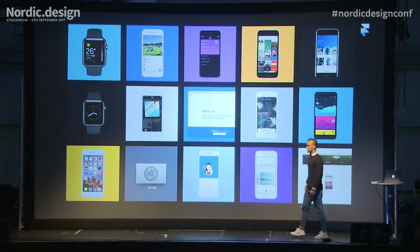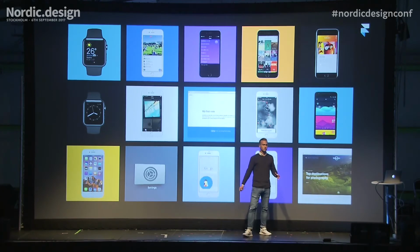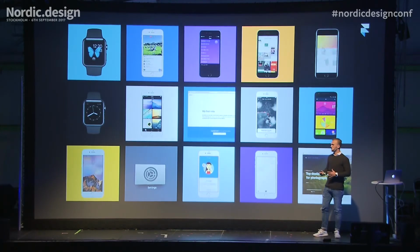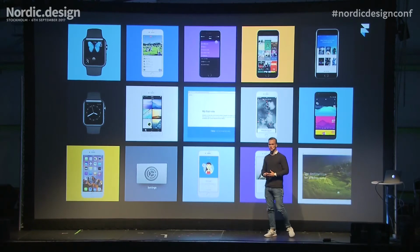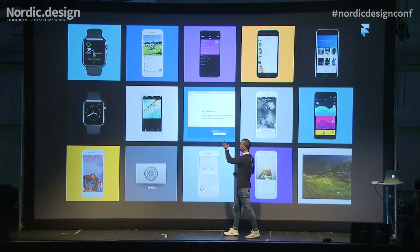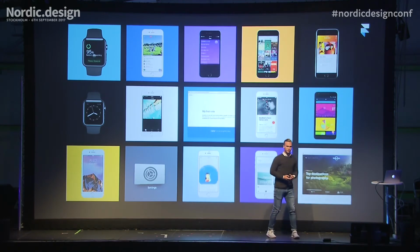So people use Framer for all kinds of things, and this goes back to the thing that I said earlier, that you can create anything that you can imagine. And we see that the top 1% of designers is mostly using Framer right now, because they are trying to create interactions that are new. They are trying to change the boundaries, and we think that every designer should be doing that. So some cool things, you can go from simple app flows to creating Facebook Live, which has been designed in Framer. So some cool examples there were, for example, that